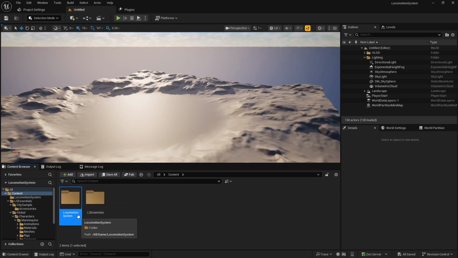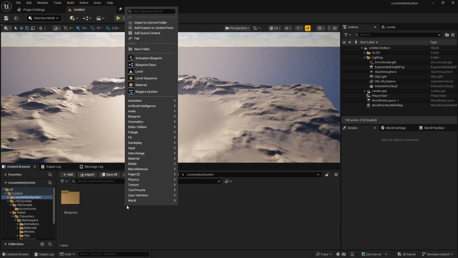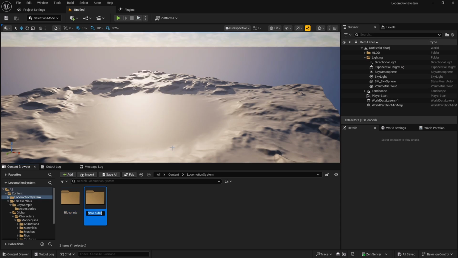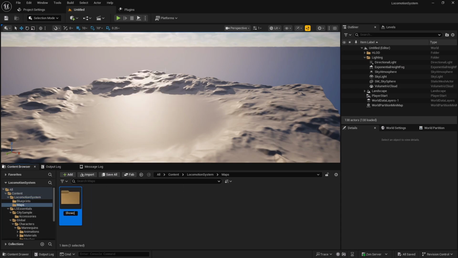So inside this folder, I need a set of blueprints. Also, I'm gonna create some folders, so I will name this as maps. And inside the maps folder, I'm gonna create some showcase map for now. Therefore, I will create a folder called showcase,